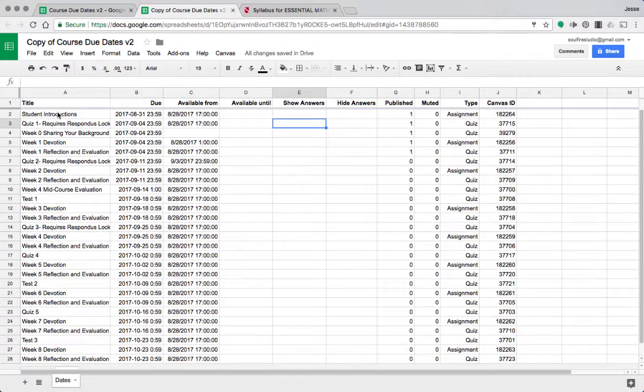And so you can see all of the different assessments or assignments that are over here, their due dates, available from and until dates would populate here. If you were showing or hiding answers, those dates would populate here on a quiz or some sort of assessment, and then published and muted are over here. And in these two columns, a 1 equals that it is enabled,